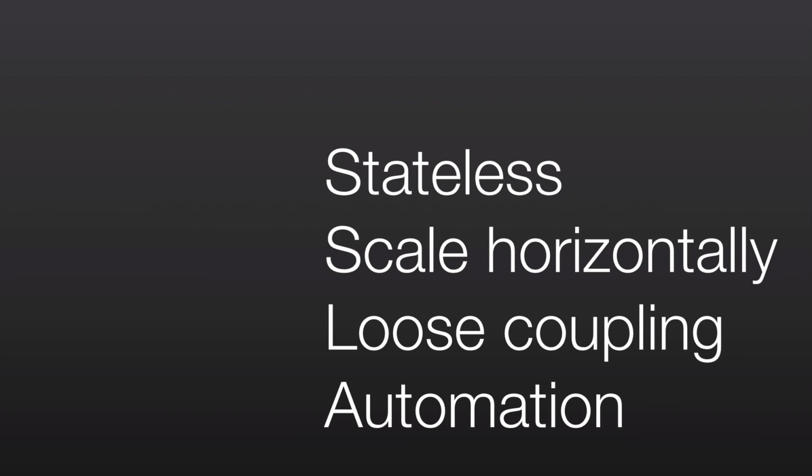Well, firstly, increasingly we see customers move towards having a stateless, horizontally scalable architecture for their applications. So minimal amount of stateful footprint on your web or application servers, using auto-scaling together with pre-baked Amazon Machine Images or AMIs to enable you to dynamically scale the size of your fleet, and then having loose coupling with services like SQS, the Simple Queue Service, to allow interchange of messages between different tiers of the application.